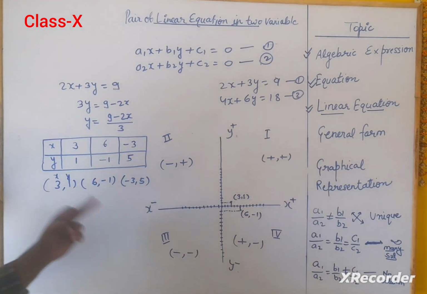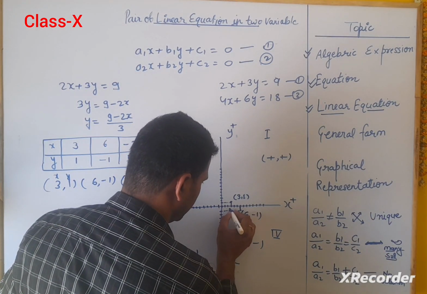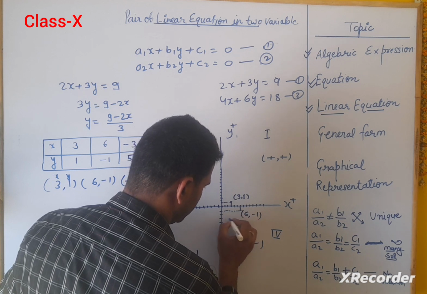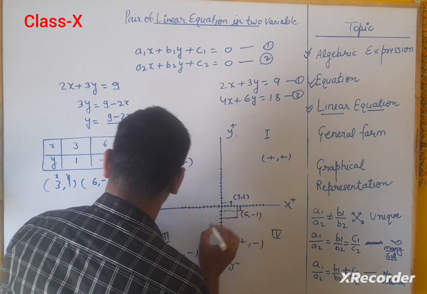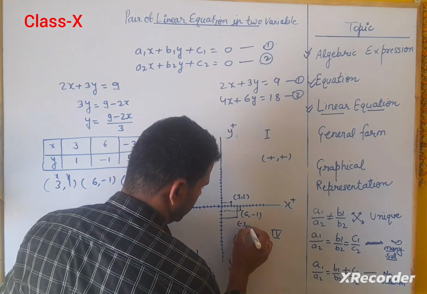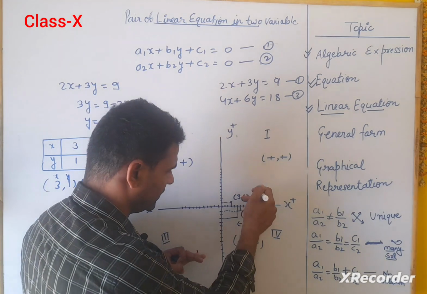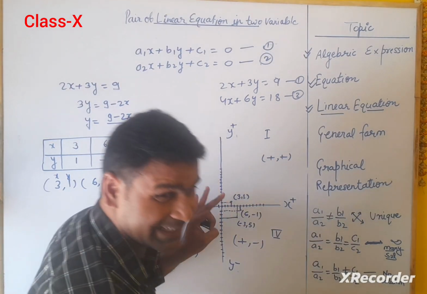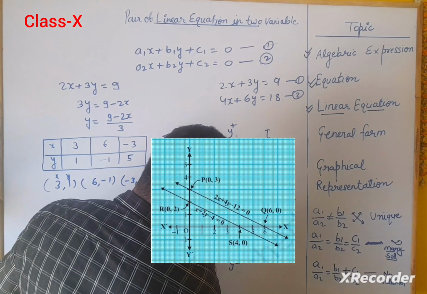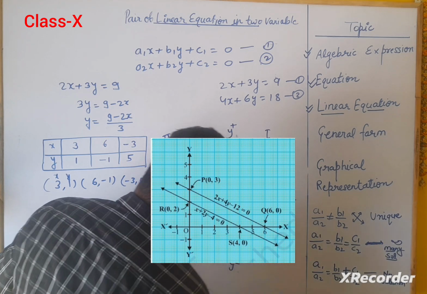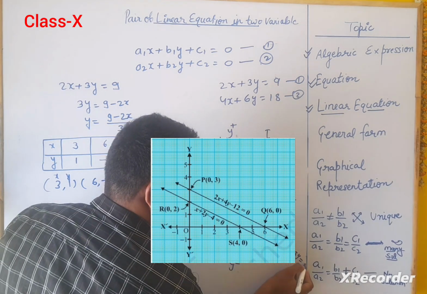Now minus 3, 5. So minus 3 is here, and where is 5? 1, 2, 3, and 3 to 5, here. So that is minus 3 and 5. This is on a board, so it is not exact, but when you draw it on your graph, it will create one line like that. So that line is 2x plus 3y equal to 9.